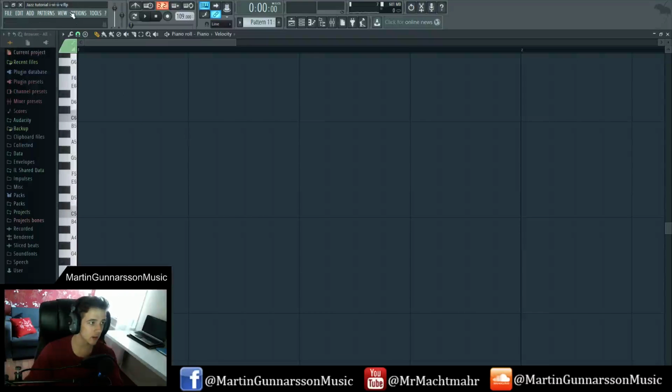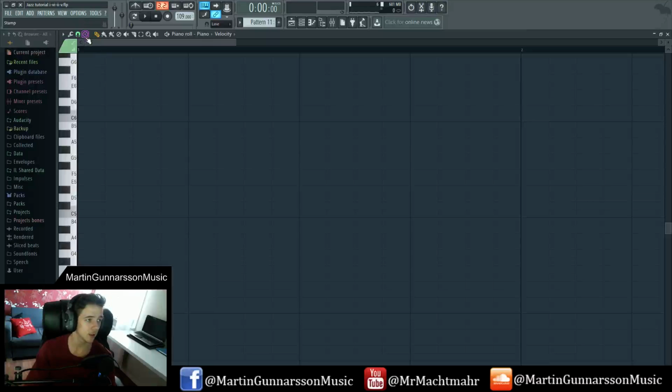So, for instance, if we place this out, we will be placing triads, which consist of the first, third, and fifth key position of the scale. That's how we create a triad. If you're unsure how to create